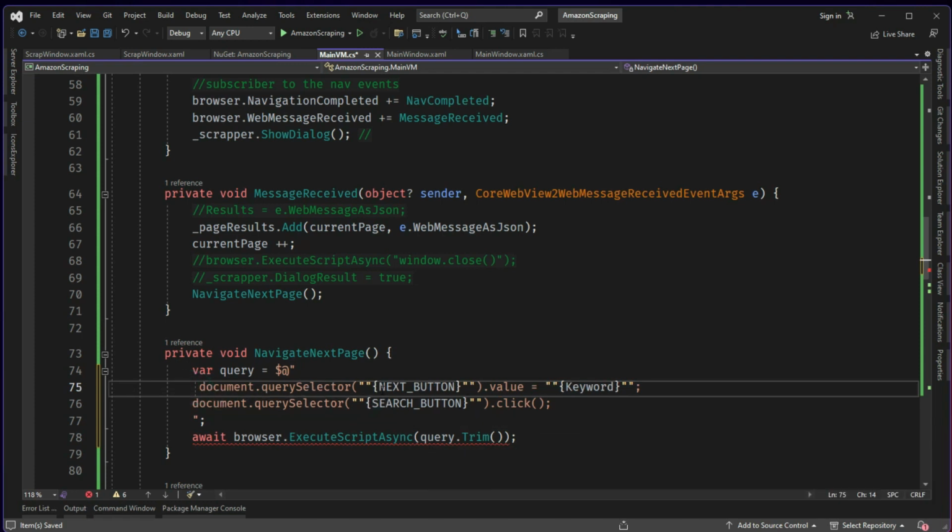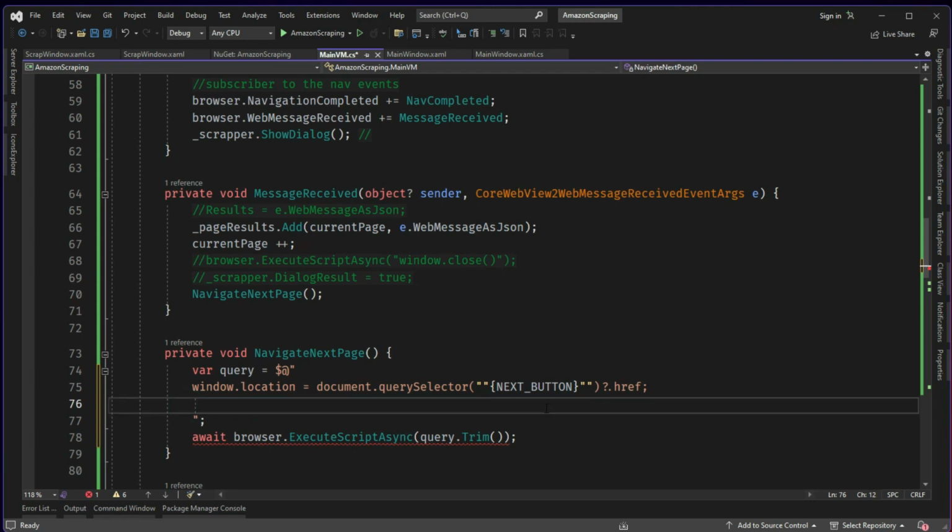So you cannot directly call click, so window dot location equals the inner, it's a href because it's an A, so it will be giving me a href, and that will be my window location. And after the window location is changed,